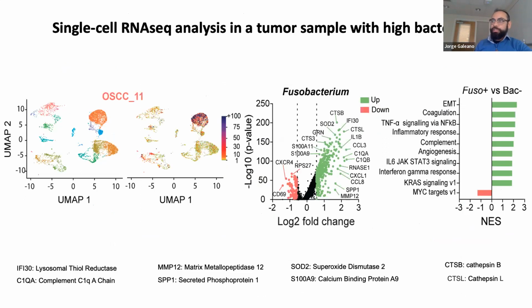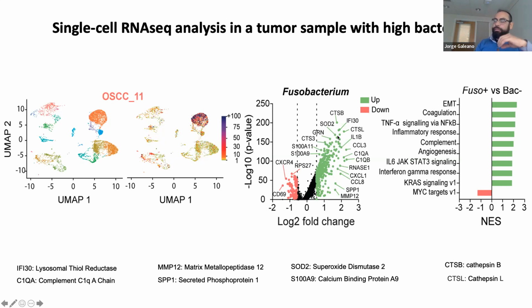Then we use this approach in order to characterize colorectal cancer samples. This is just one sample that has a high bacterial load, and we found that most of the reads are contained in the macrophage cell clusters. Because this is just one sample and the N number is very low, we can only compare cells that are positive for bacteria versus cells that are negative for bacteria in the whole sample. In this approach, as I showed you before, the gene expression profile is very messy, and you can only detect the gene expression profile of the most dominant population, which is the immune population.